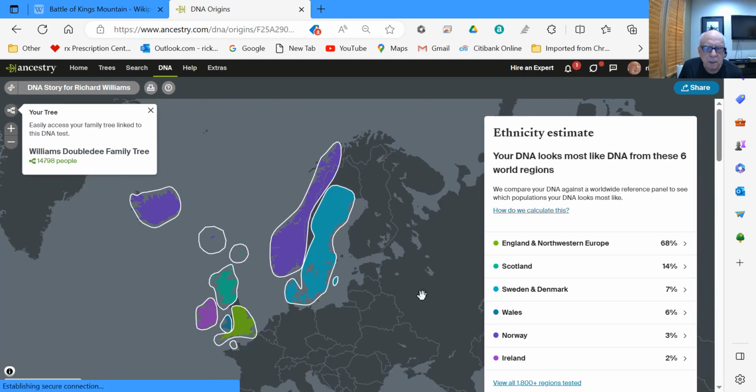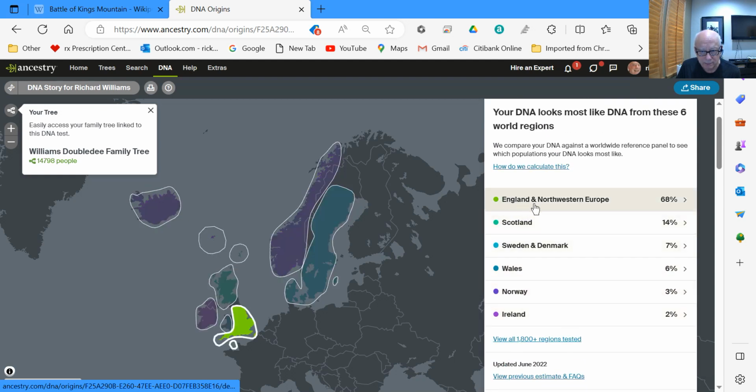It gives you a little historical context of where your ancestors have come from. Again, this is not from looking at family trees. This is looking at segments of DNA. This is scientifically generated analysis here. And you can see that scientifically,